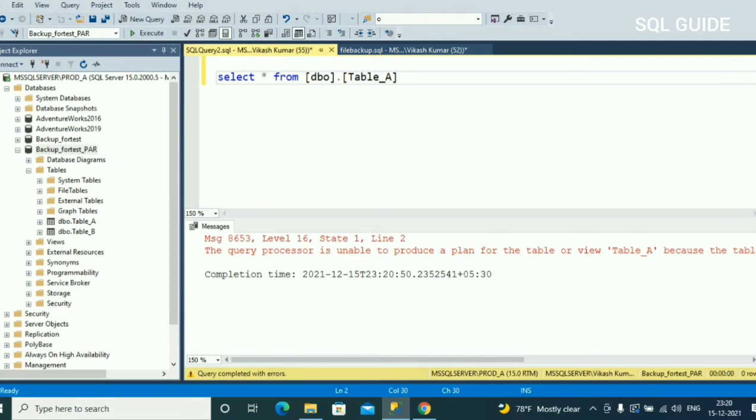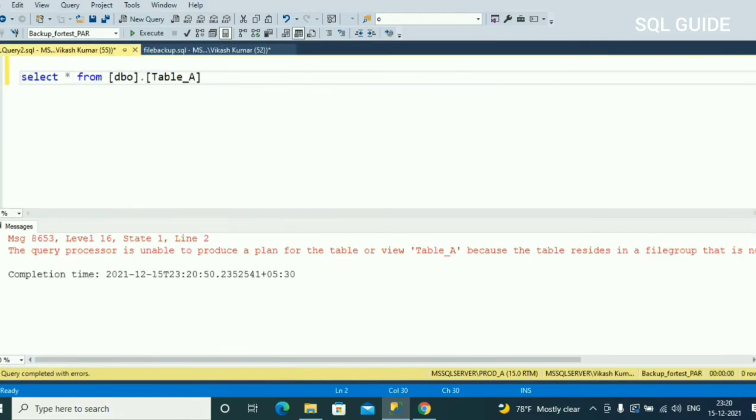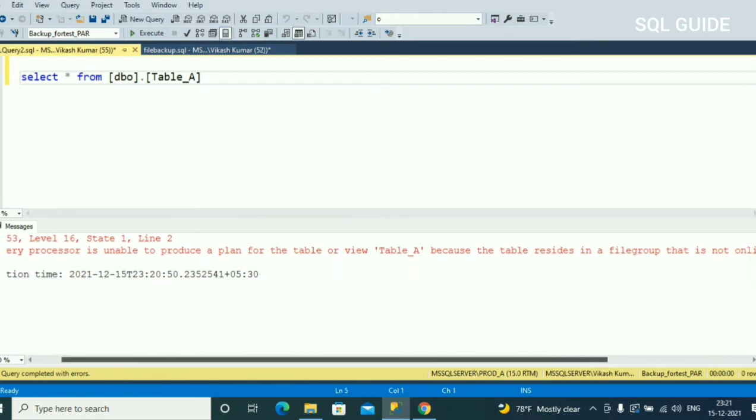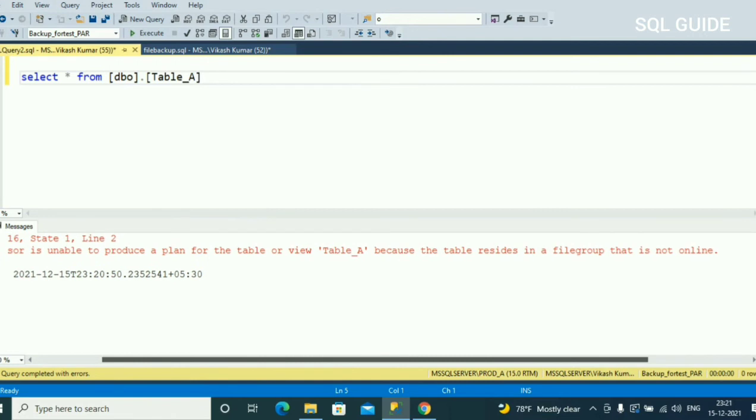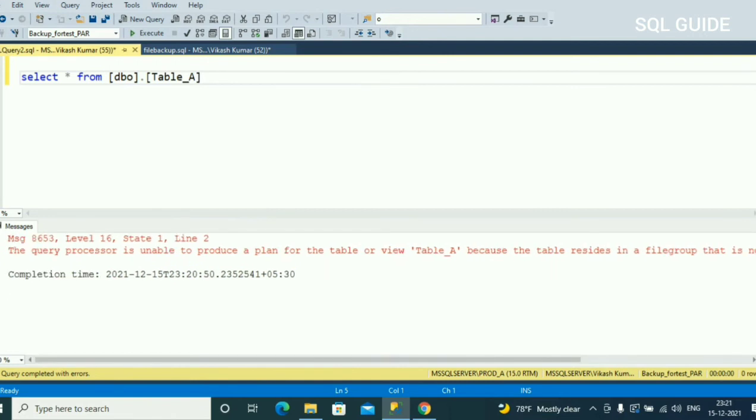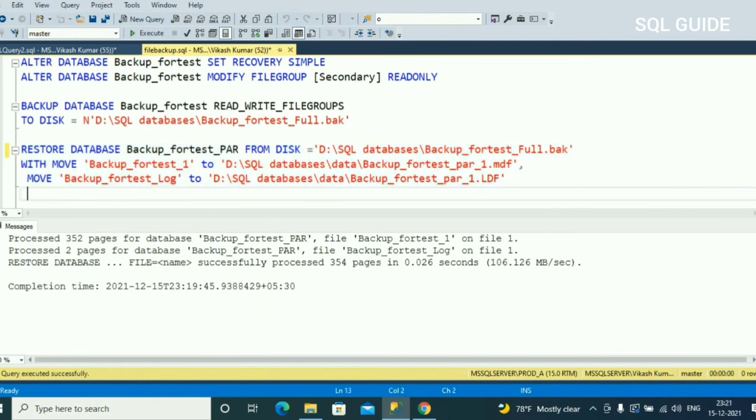You received an error saying that the query processor is unable to produce a plan for the table, table A, because the table resides in a file group that is not online. Okay, so this is the benefit of a partial backup. You can avoid taking the read only file group.